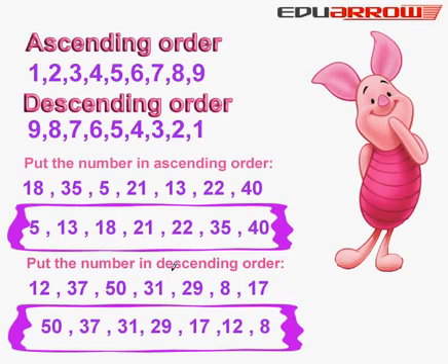Put the numbers in descending order. In descending order, we put the highest number first. In this group, the highest number is 50. So, 50,